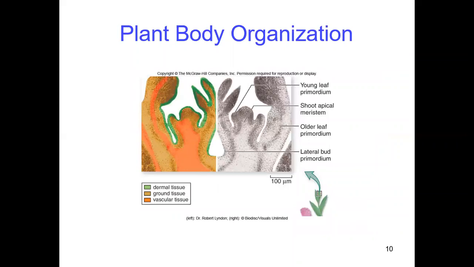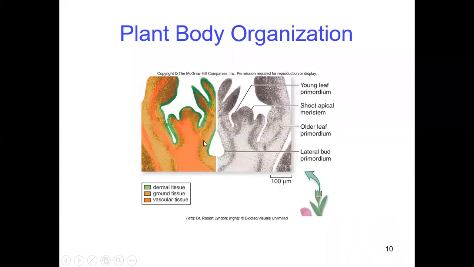If you take a TS and observe under the microscope, we find this kind of structure here. We observe three colors. First is the green, this is the dermal tissue here. Second is the ground tissue, a brownish color, and reddish tissue is the vascular tissue here. So this is the way the plant organization is formed, with different kinds of meristematic cells contributing to the formation of organs here.